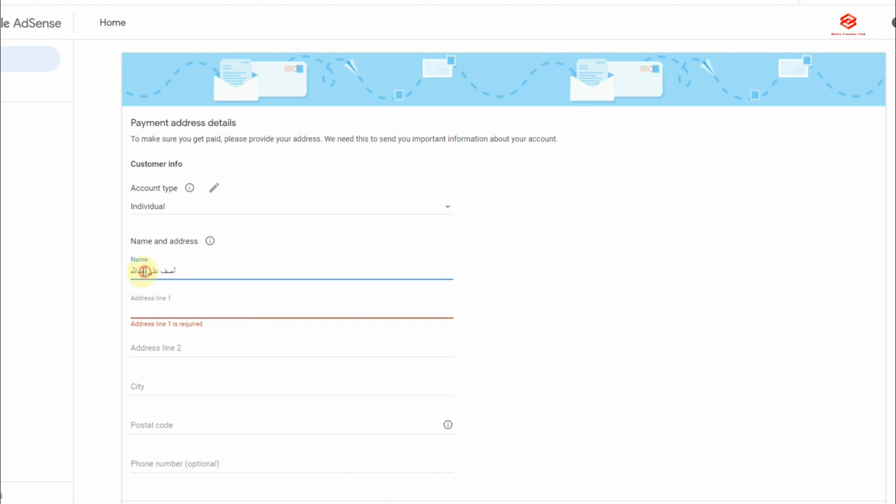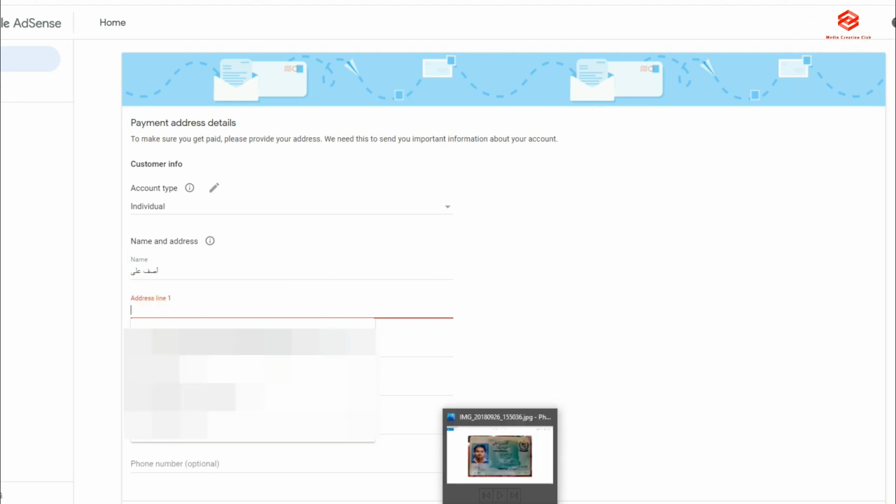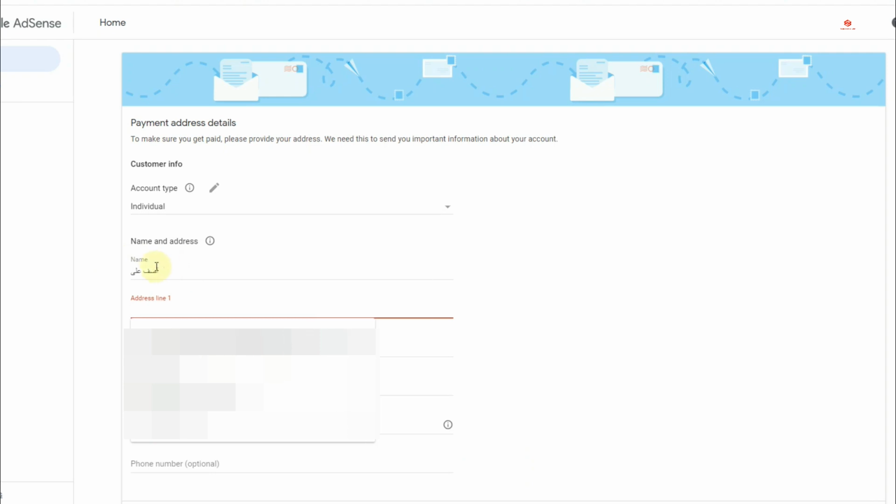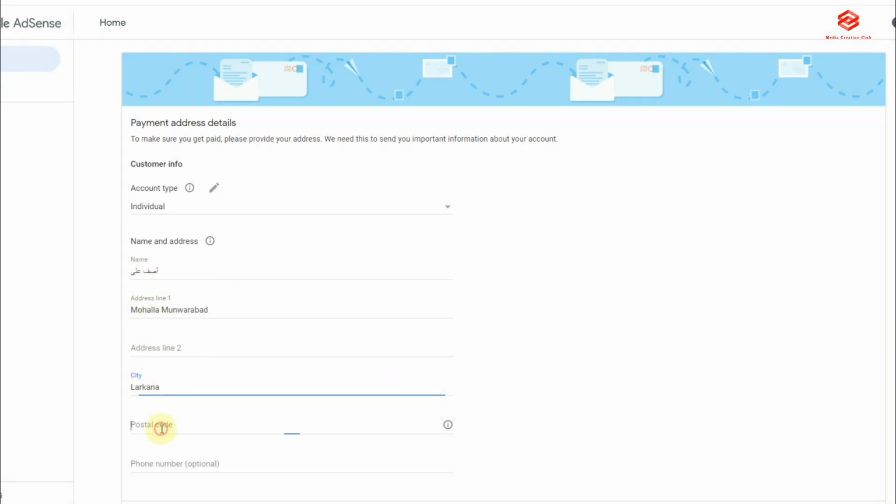So I just cut the surname. Then the address, you can fill in English, it doesn't matter. The address you can fill in as per ID, but you can write it in English. But the most important is the name. If your name is in the CNIC only in Urdu, you need to write it only in Urdu, not in English.